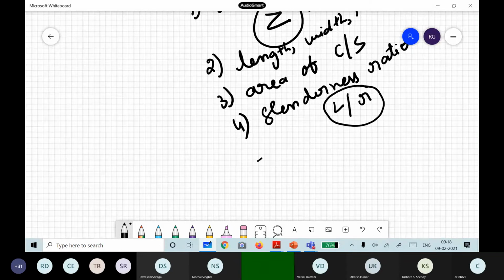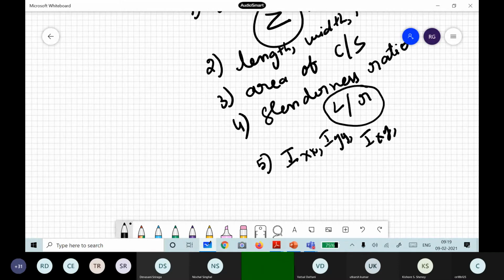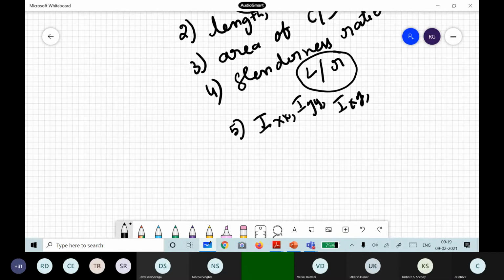Sometimes polar moment of inertia may also be required, because you may be having torsion also. Then moment of inertia also, Ixx, Iyy. These are all the design variables. And in steel, apart from all these variables, another important parameter is, because steel sections are already manufactured, connections also become very important. If you use this I section, what should be the size of the bolt, the minimum size you can use, what should be the gauge distance.